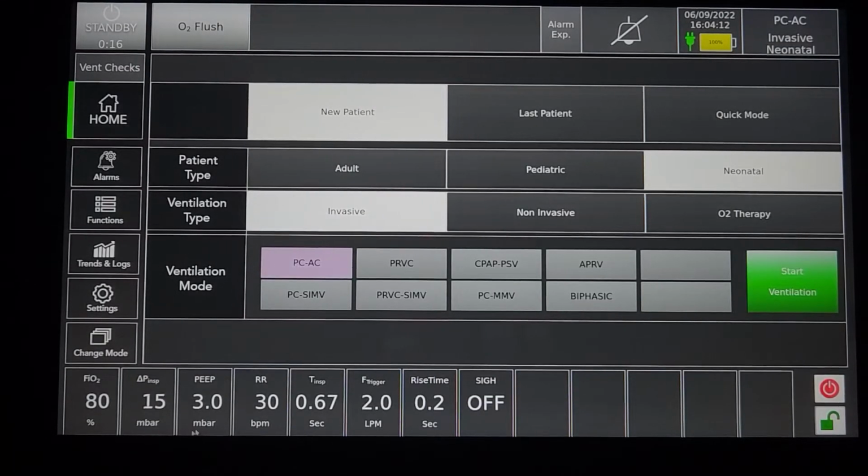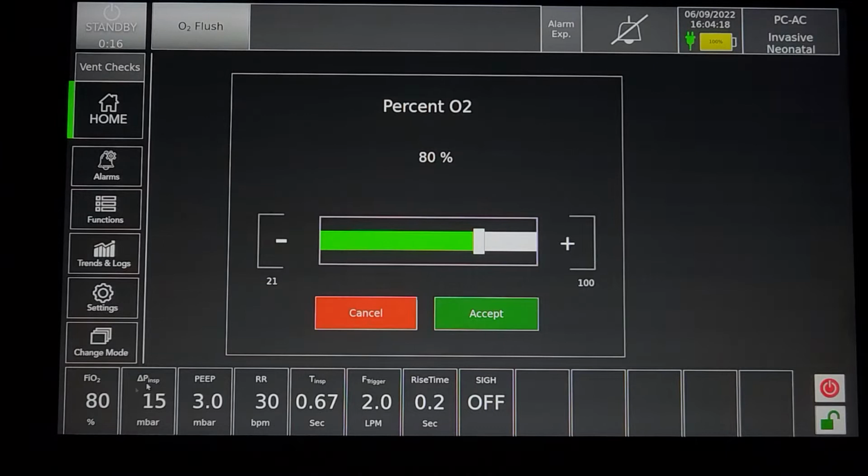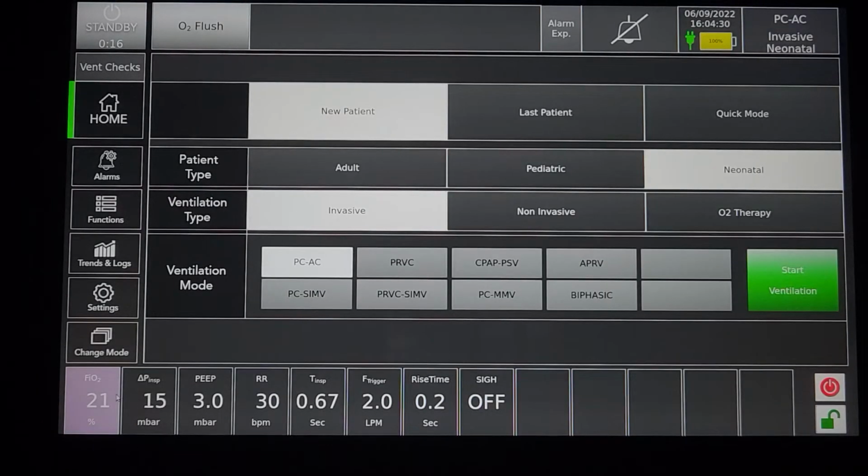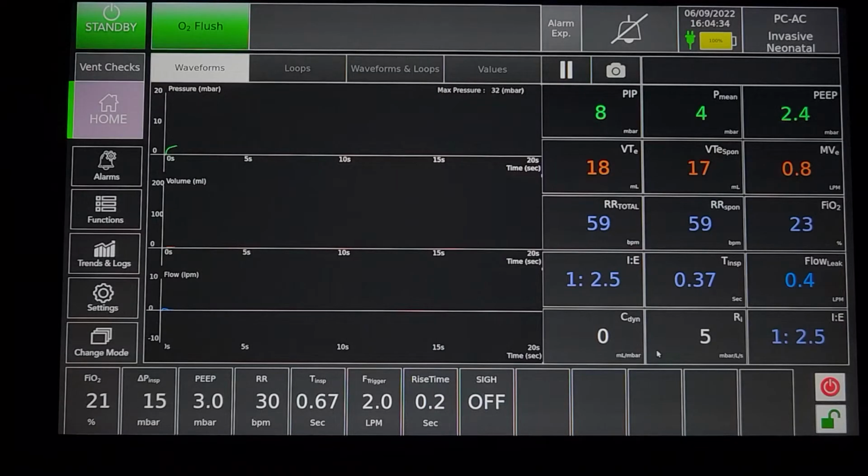Let us say PCAC. Particular settings can be chosen from the bottom panel. Let us say you want to increase or decrease these settings. You can either go for increment or decrement for single parameters, or touch and drag. Once the settings are done, we can go for start ventilation.